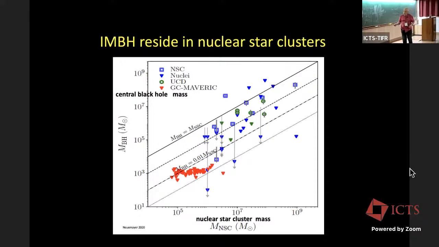But as you move up in mass, you're finding now increasing numbers of candidates, okay, which go all the way up in black hole mass, up to the biggest ones, actually, but these are slightly bigger galaxies. I mean, this is amazing. Look at this, a black hole of 10 to the 9 solar masses in a galaxy, which isn't much more. So one is finding extreme objects, but ignoring the extreme objects, let's just take the mean. You can see that there are black hole masses, maybe 10% of the mass of the nuclear star cluster, all the way back to galaxies that span the dwarf range, okay, of galaxies. So the black holes, and if you now allow for the ones that we don't see, are most likely to be there. Okay.